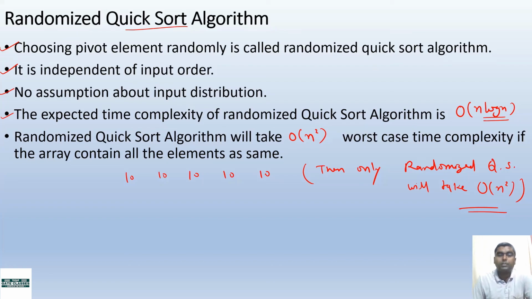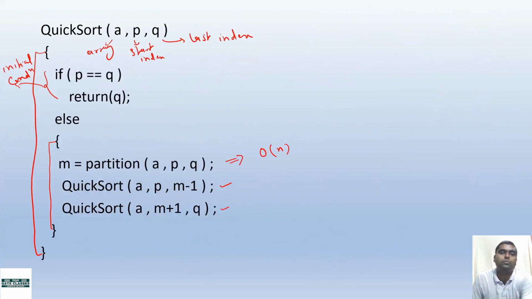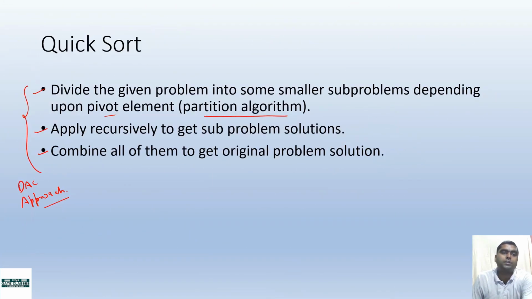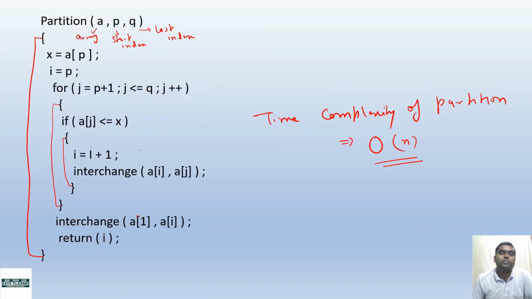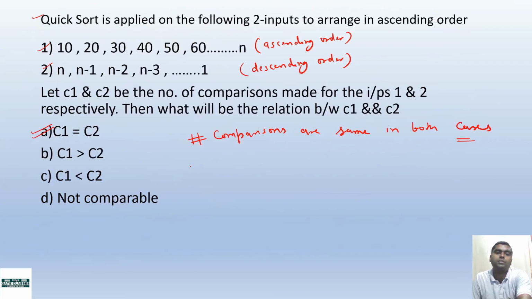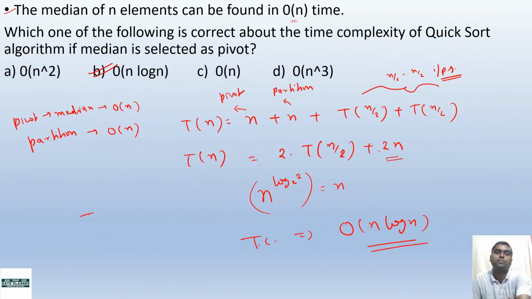In the partition algorithm, if you remember, there is the concept that a less than or equal sign is there. It means if an element is less and also equal, then also we are interchanging. So the relative ordering will change. That's why it is not a stable sorting technique.